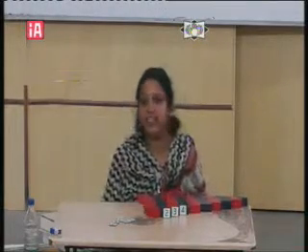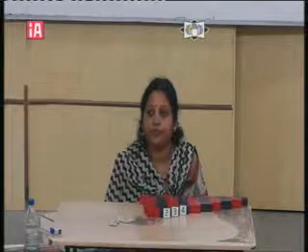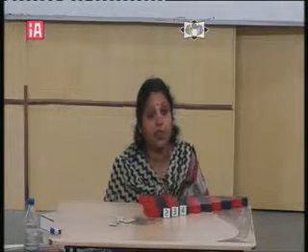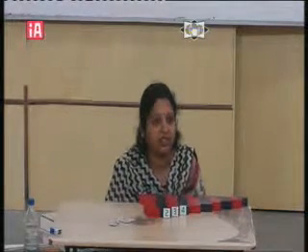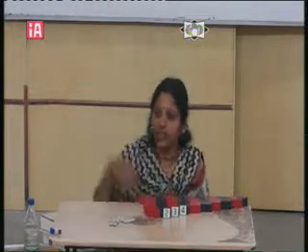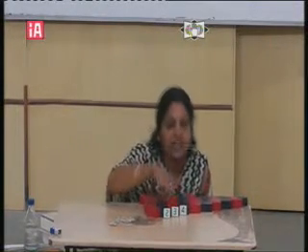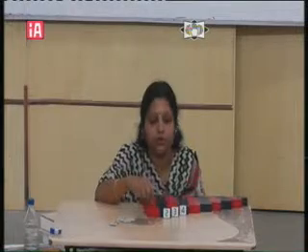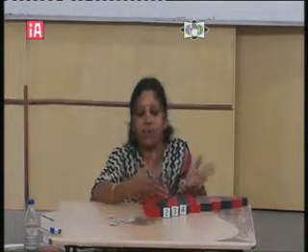Now what is happening here? Association of number and quantities. Now the child is able to recognize the quantity also, which is 4, which is 5, which is 3, and is able to recognize the symbol also. Like this, ask the child to arrange first the number rods, then ask him to put the correct number cards for that.